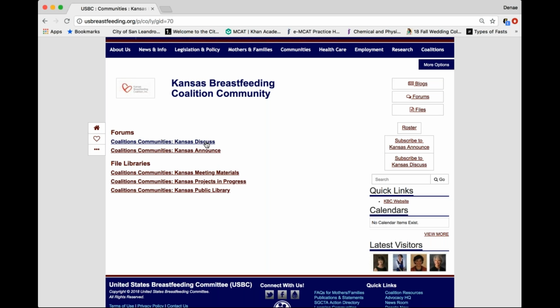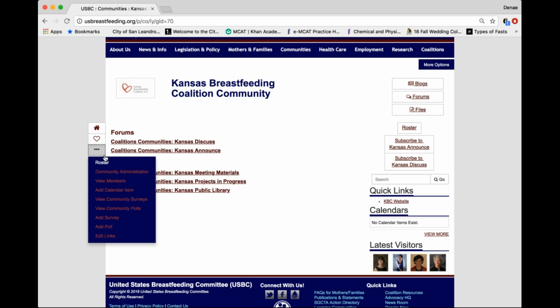And each person can manage their subscription to the forums. They can receive an immediate email. They can receive a summary digest at the end of the day if they'd like. And those features are explained in the individual profile tutorial. So for the community administrator to decide how each person is subscribed, you'll need